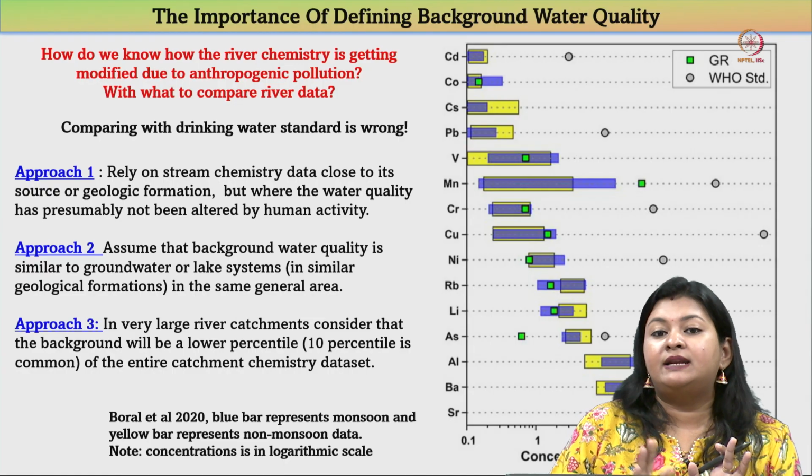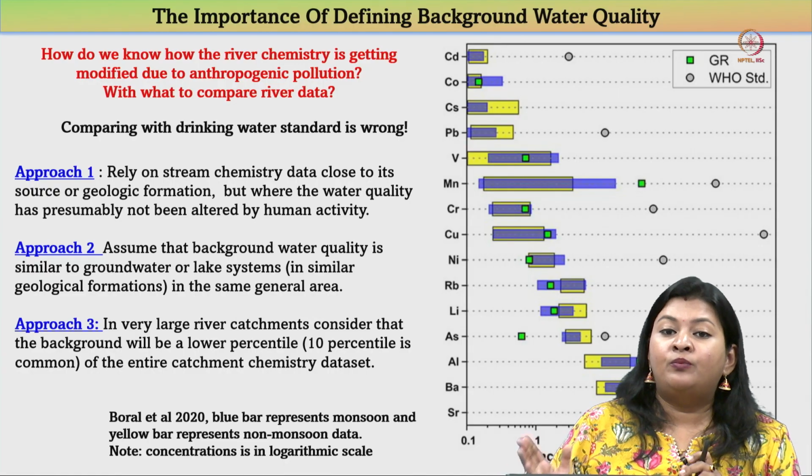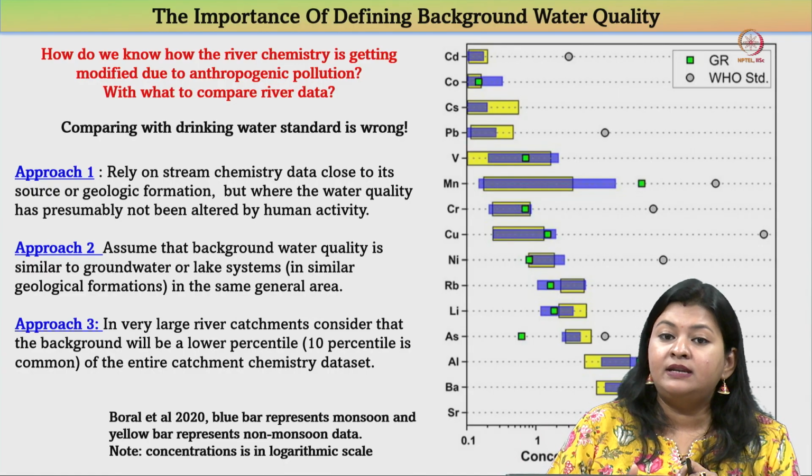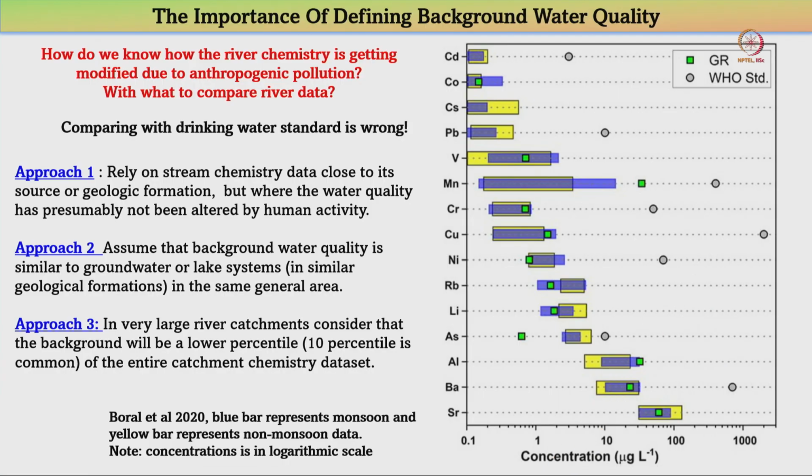No, the river naturally has a quality. What we need to find out is what the natural river water looks like. Then only we will be able to know whether the river got polluted, whether the river is at its tipping point, whether the river has a healthy ecosystem, yes or no. So, this is a plot showing the background water, this is the ambient background water concentration